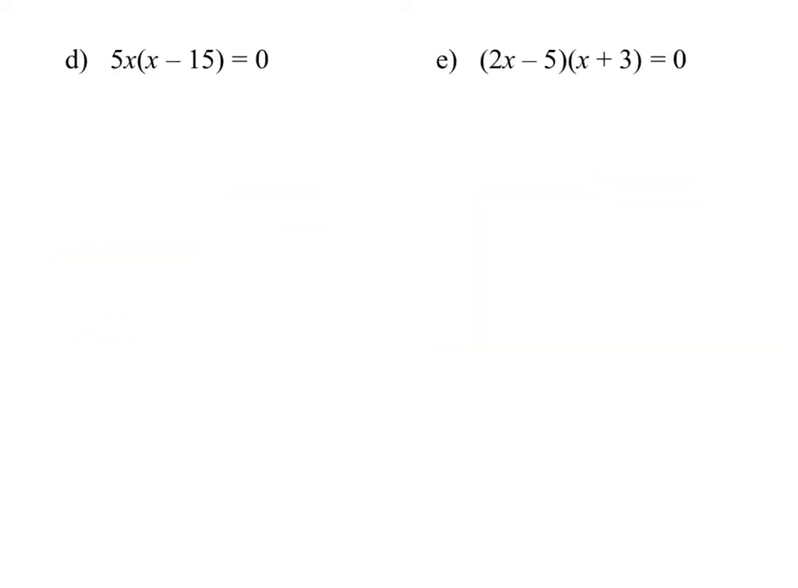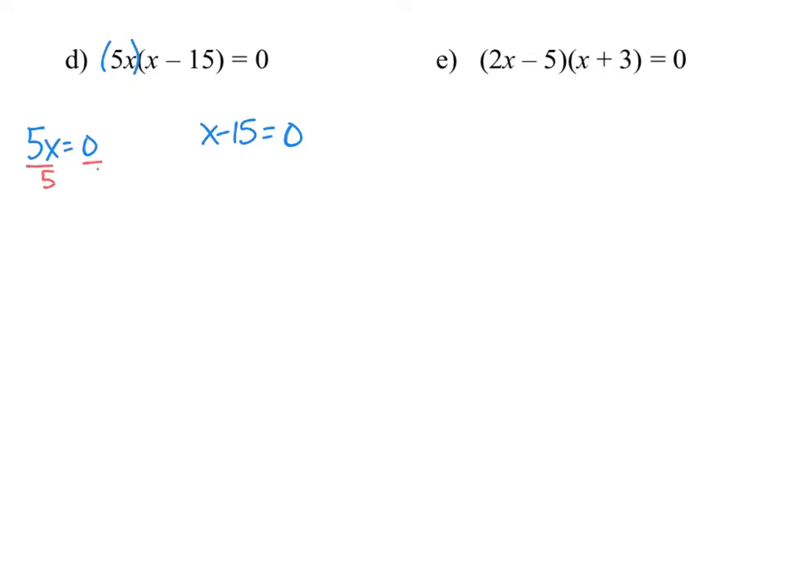Just like these examples are already in factored form, so we use the zero factor property and set each factor equal to 0. Since we have a factor times a factor equal to 0, in example D, we have one factor of 5x, the other factor is x minus 15. We're going to set each factor equal to 0. So if we set 5x equal to 0 and x minus 15 is equal to 0,